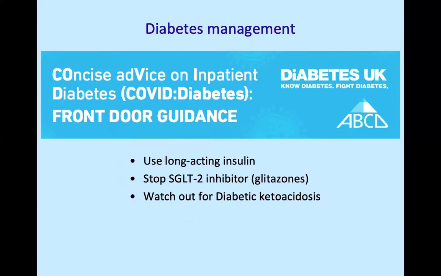But actually looking at the Diabetes UK website, who have really good both front door and in-hospital management guidance, the kind of summary is use a long-acting insulin, stop the glitazones, and watch very carefully for diabetic ketoacidosis. You've got very dehydrated patients without normal renal function, with an inflammatory process, and there is evidence that patients who had a propensity to develop diabetes would develop diabetes out from under COVID-19, but also those already with diabetes would